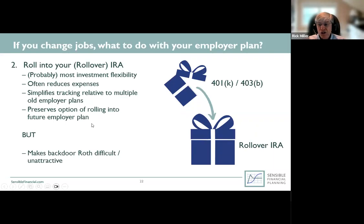You could roll it into a rollover IRA. This is probably going to give you the most investment flexibility. It's a great thing to do. Often you'll have lower expenses than you had with the old plan, and you may have better choices. And if you keep it in a rollover IRA, often you can roll it back into your next employer's plan,